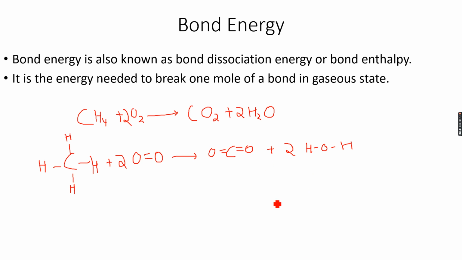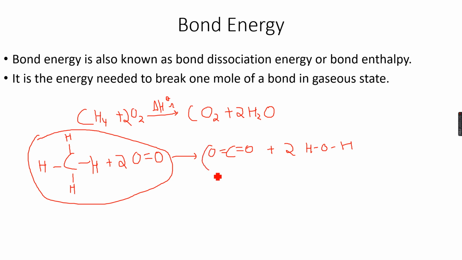So what we do is we can calculate this will be delta H naught R. This will be delta H naught R, right? So we can calculate the enthalpy change of reaction by summing all the bond energies of the reactants, and from that we will subtract all the bond energies of the products. So basically delta H naught R